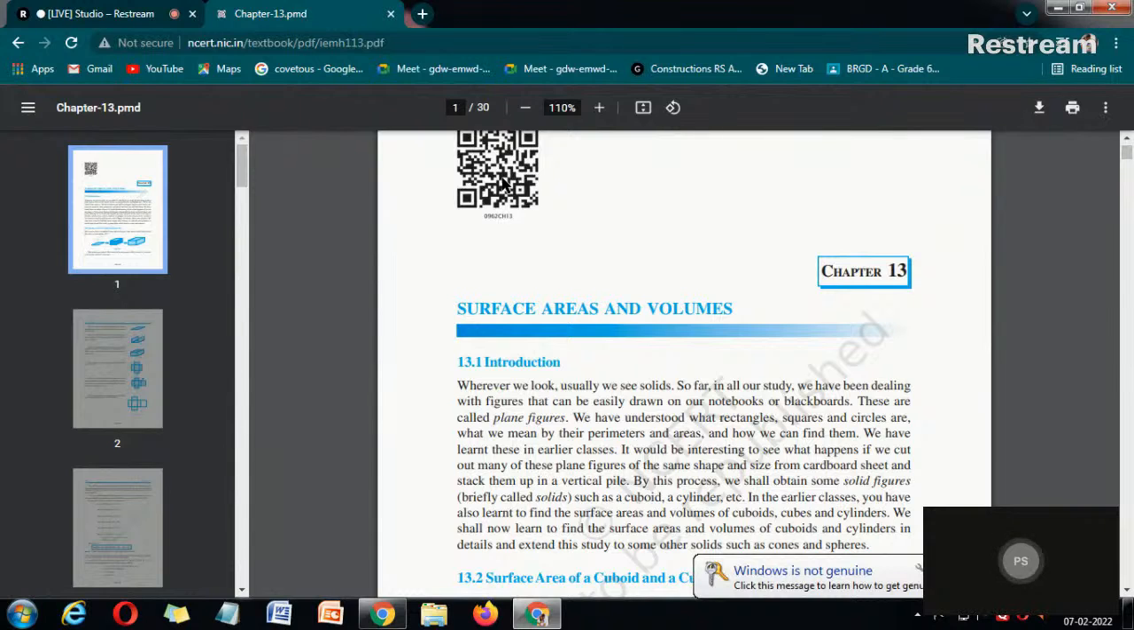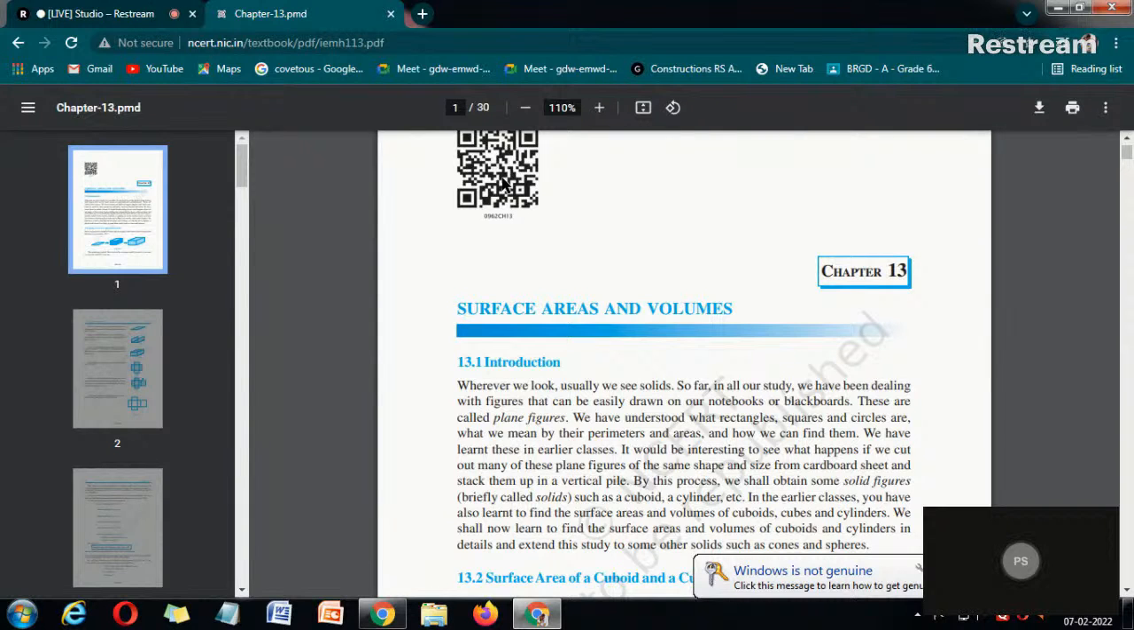It would be interesting to see what happens if we cut out many of those plane figures of the same shape and size from a cardboard sheet and stack them up in a vertical pile. By this process, we shall obtain some solid figures, such as a cuboid, a cube, a cylinder, etc. In the earlier classes, you have also learned to find the surface areas and volumes of cuboids, cubes, and cylinders. We shall now learn to find the surface areas and volumes of cuboids and cylinders in detail and extend the study to some other solids